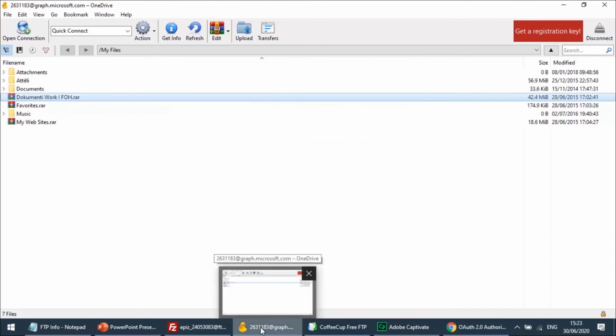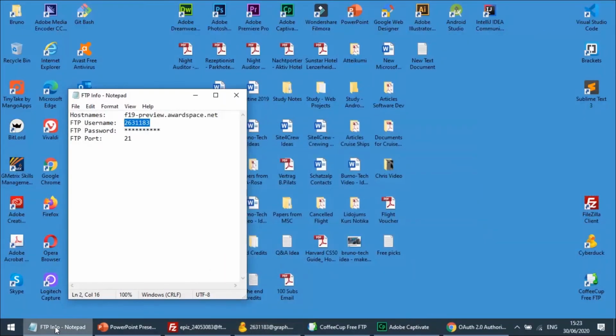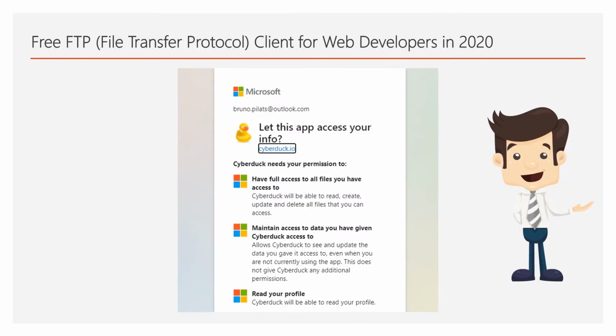It has extra features by all means. So far, I tried it a few times. For different websites I use different logins, and Cyberduck and all of them do work pretty well. Right, so